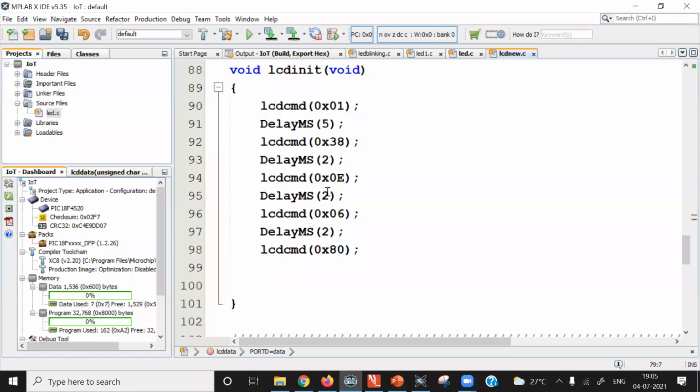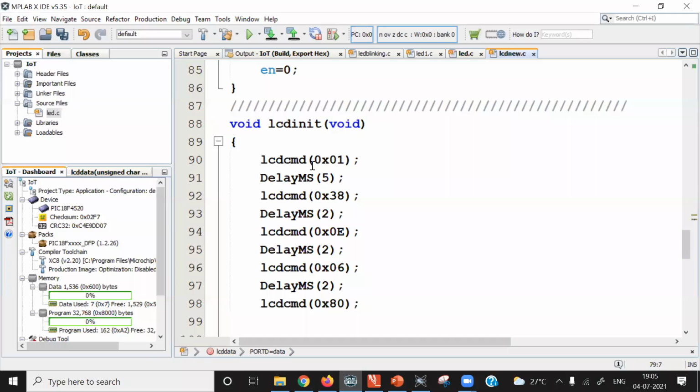Then the LCD initialization commands. In the PowerPoint presentation, I already discussed some of the important commands. So LCD CMD 0x01. The 0x01 command is used to clear the display. At the beginning, there may be some garbage data in the LCD display, so as soon as you power on the LCD display, it must be cleared.